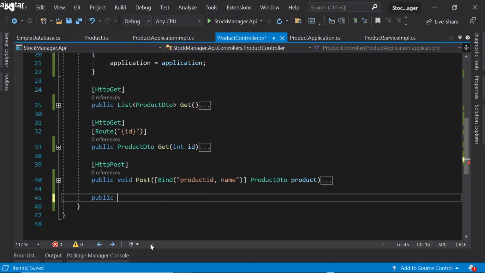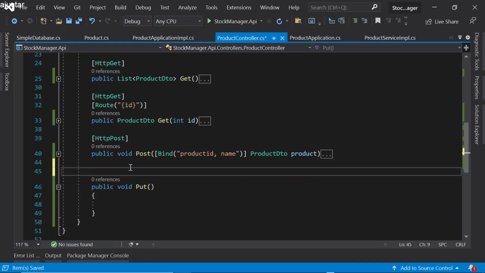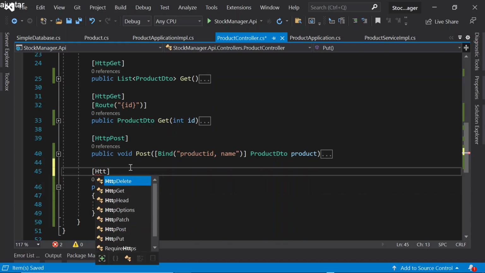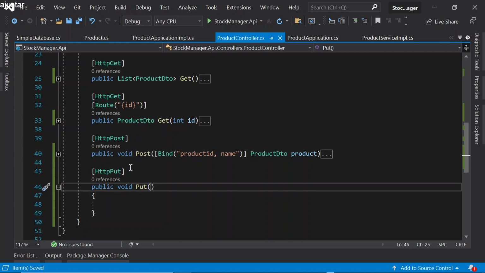Update, okay? So create a public void method, which is our operation to update things. So let's use this HTTP PUT verb, and it has information about the product DTO. Okay, and to get this information from my product parameters that I pass and bind the body of the request,